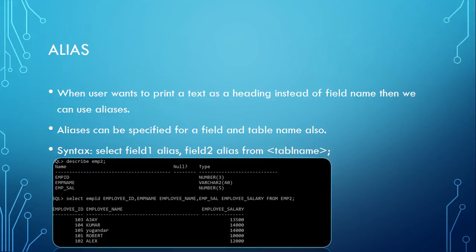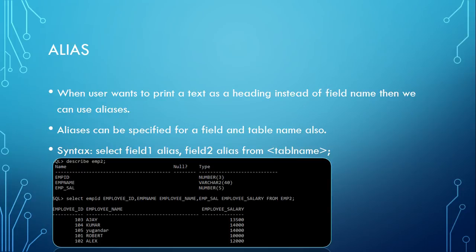Let's see the first important option in using a select query. When a user wants to print a text as a heading instead of the field name, then we can use aliases, right? So this is the one place where we use aliases, and why is the question, right? When a user wants to print a text as a heading instead of the field name,